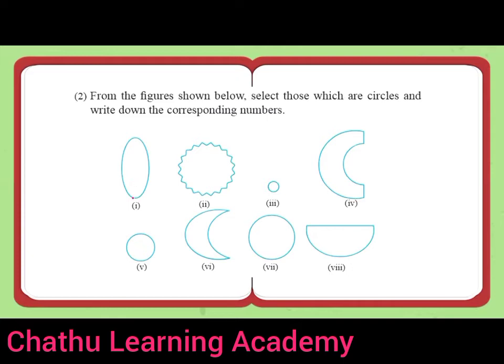It's not a circle but it has a curved line. What is the difference between a circle and this object? Here, if we place a dot as a midpoint or center point, then what can you say about the radius? If we draw a radius in this direction and this direction, are they similar in length? No. These two radii are different in length.